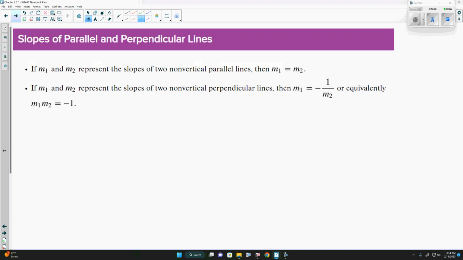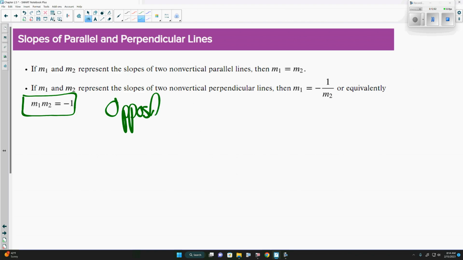Parallel and perpendicular. 2 lines are going to be parallel if they have the exact same slope. If they have the same slope, then they're parallel. If they are perpendicular, M1 and M2 represent the slopes of 2 non-vertical perpendicular lines, then M1 is equal to negative 1 over M2, or equivalently, the product of the 2 slopes is negative 1. Now, when we covered this in Algebra 1, and we talked about it some in geometry, and I think we talked about it a little bit in Algebra 2, we didn't talk about it this way. We said that they were the